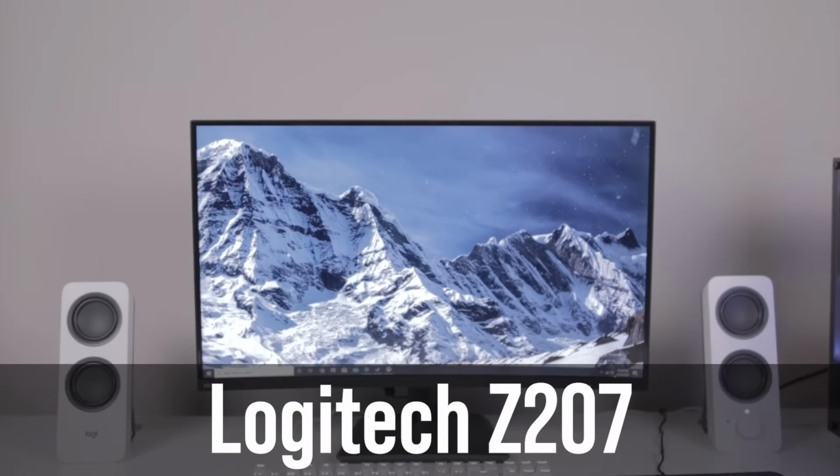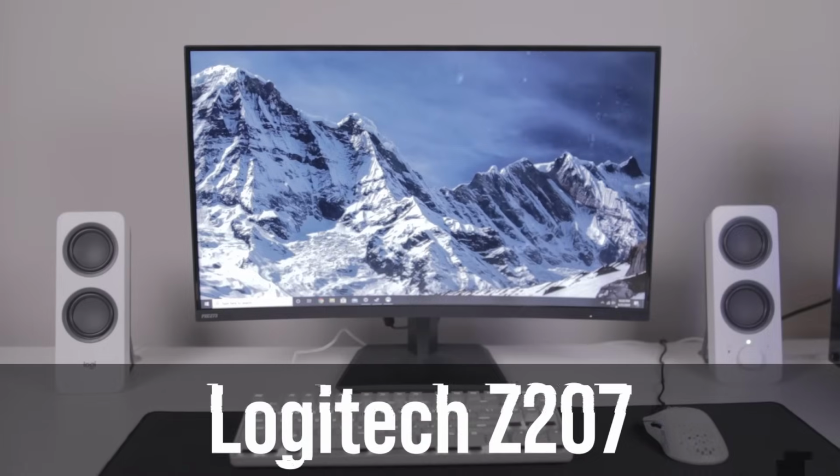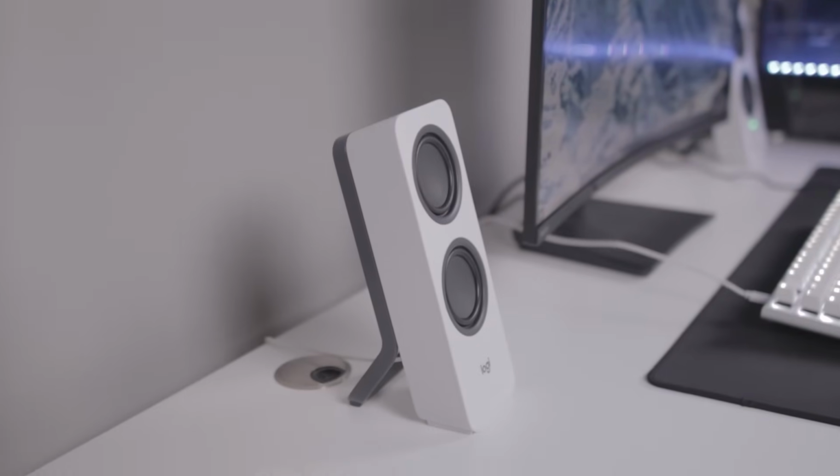So I went ahead and covered that front with the Logitech Z207. Again, these are in white, which is great, and they're $50. The sound quality, as far as the speaker goes, I'd say is average. The bass is surprisingly good. You are going to feel some bass with these speakers, but the mids and highs I feel are just a